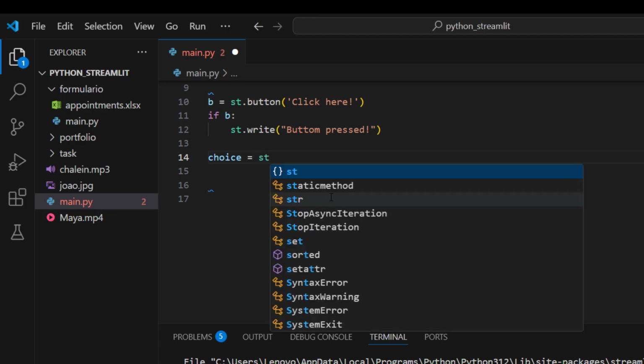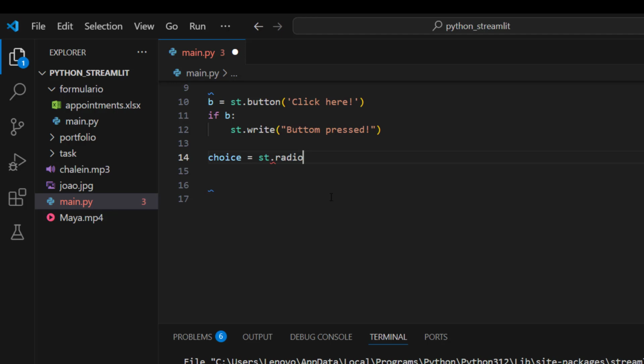So let's say st.radio, open and close. What I'm going to do is something like this: Choose a course, because it's a course. Now you need to give a comma, and then here you need to give a list of choices that a user can choose.